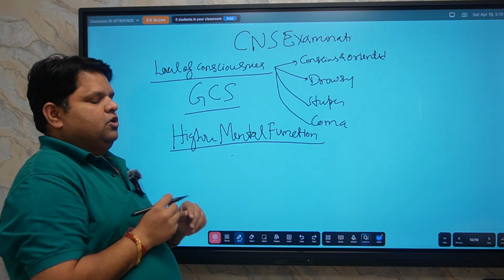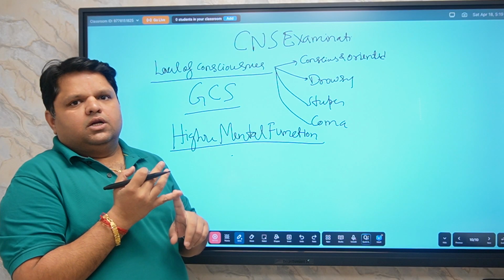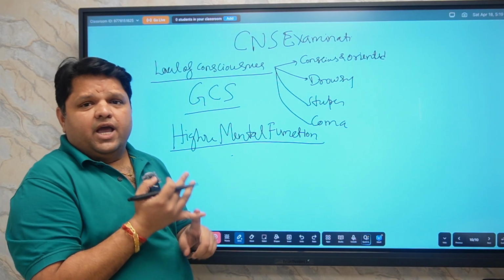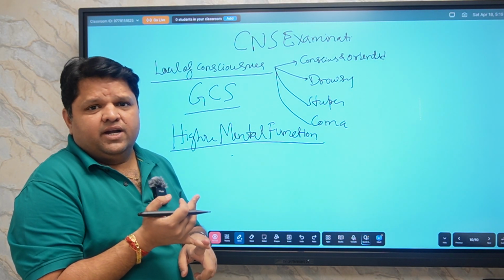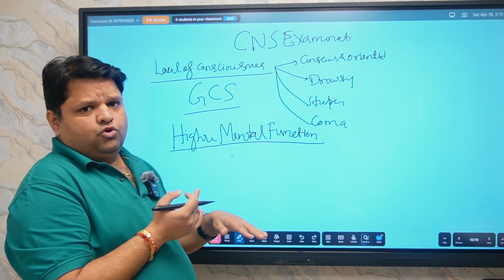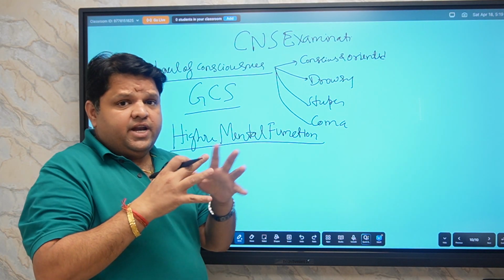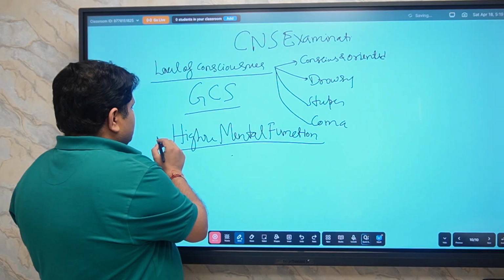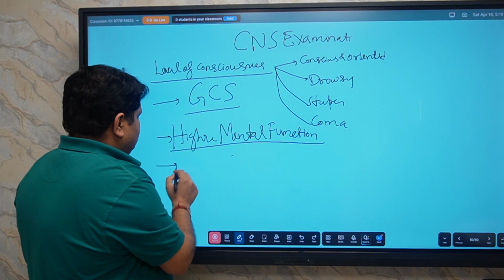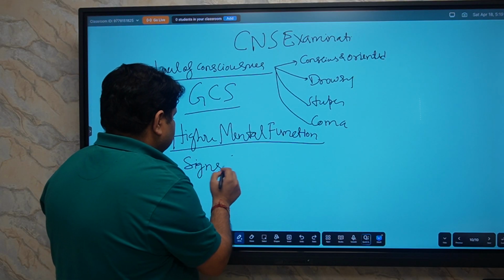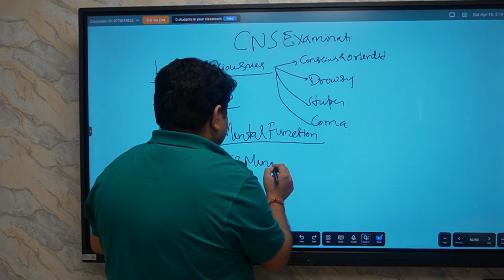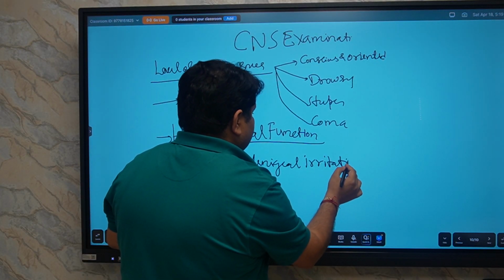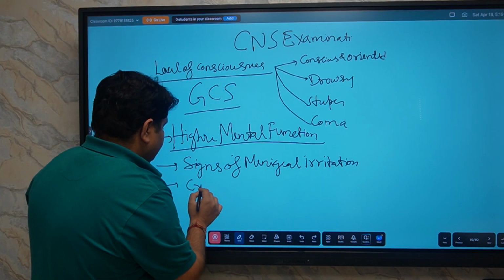In higher mental function, we go for the attention, consciousness and orientation, memory, speech, language, abstract thinking, judgment. For the detailed higher mental function examination, you can see my video on YouTube, which is also present previously. After higher mental function, we go for the signs of meningeal irritation, then cranial nerve examination,